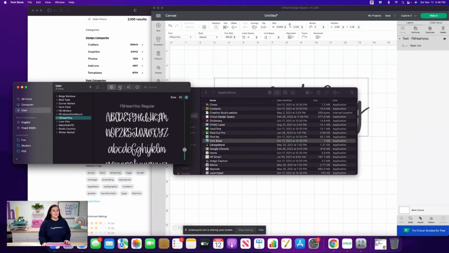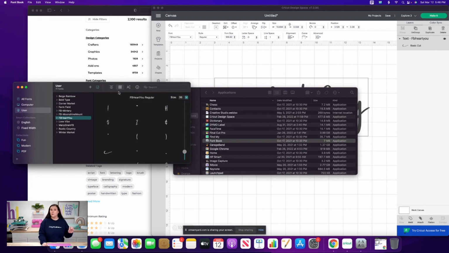But if you actually go to the little squares, that's what's going to pull up your glyphs. And like I said, this is accessible if you guys are using a Mac. ISO, I believe, is what we are. All right, so if you scroll down through here, you're going to see those. And what we're looking for, so see, there's that first swoop. If I want to grab it from here, what we're looking for is our heart. So we're going to scroll down until we see that.